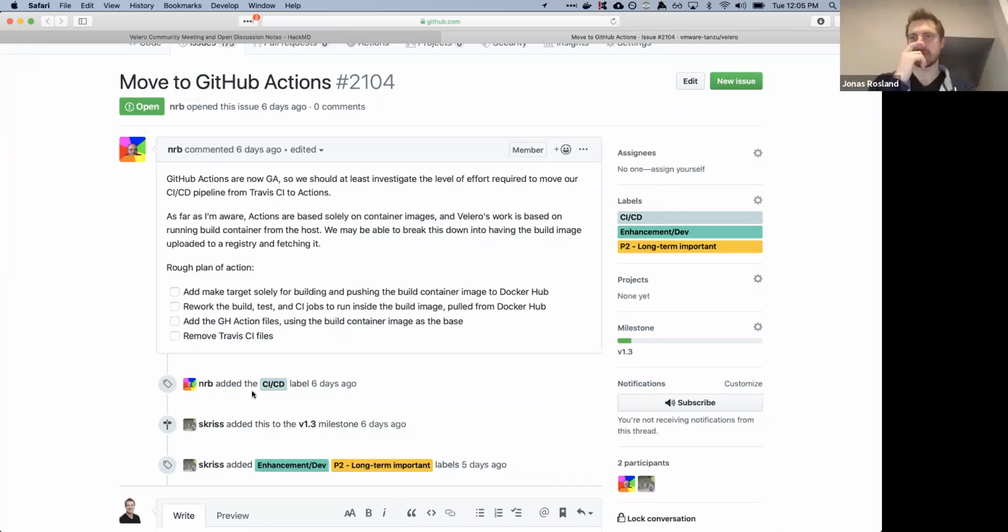And then just a question regarding that, Nolan. So moving over to GitHub Actions, we don't need any other CI/CD pipeline, right? No Travis, no Circle CI. Is that correct? Right, that's correct. Part of that is to get on par with some of the other Tanzu open source projects. Although other teams have picked Circle CI, a lot of people are just leaving Travis. Travis is kind of stagnated, and their recent changes have been kind of hostile towards open source projects.